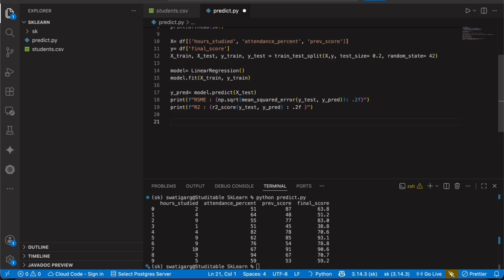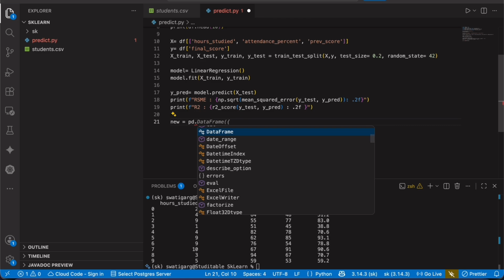Moving on. Till here, what we have done is that we have loaded the data set, split it, and trained it. We have also evaluated it using predict, the mean square error, and the score. Now it's time to give it new data for it to predict. For that, we use the variable new is equal to pd dot